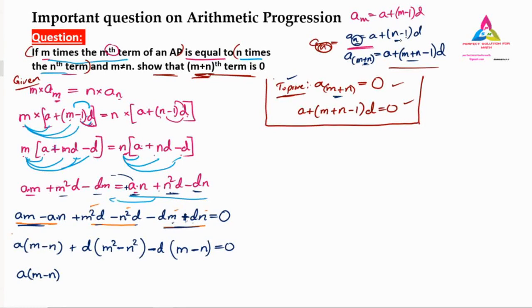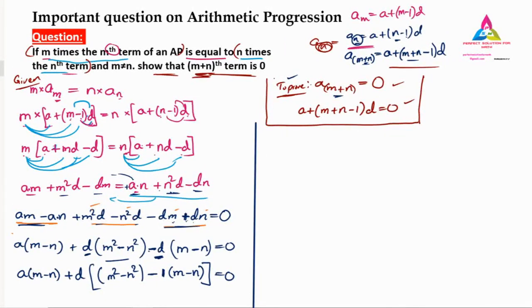Now the next important thing: a(m minus n) I will write down as it is. I will not make any change in it. Here what I will take common is this d. See, here we have d, here also we have d. That d I will take common. So here what is left, I will take a big bracket: m square minus n square minus 1, over here, into m minus n equals 0. What I have taken common here? d, this d and this d I have taken common. Minus remains here, already taken outside, so remaining is 1, because 1 into d is d.